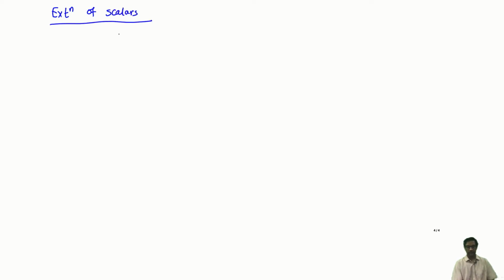Now the opposite problem is usually called extension of scalars. Let's say I have a map now from S to R as before, a homomorphism. But I have an S-module M now, and I want to see if I can somehow make it into an R-module. This is a much harder problem. You can't do it in a very easy manner as before, because the same argument doesn't work.